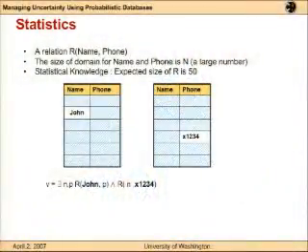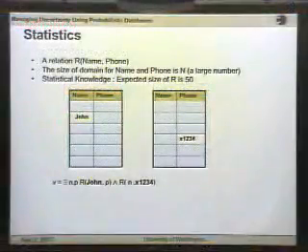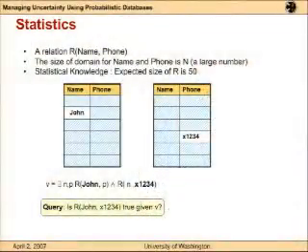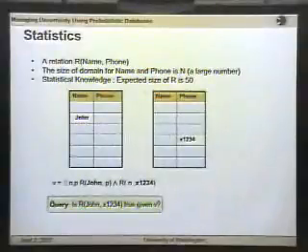Now, somehow you figure out that the person John is in the database. And separately you figure out that this phone number 1234 is in the database. You can express it using the following conjunctive query, which says that John is there and the phone number is there. But now you want to answer the following query: does John have the phone number 1234? Here you would expect the answer to be true with probability 1 over 50, because you believe there are 50 tuples in the database, so there is around 1 over 50 probability that these two facts are talking about the same tuple.